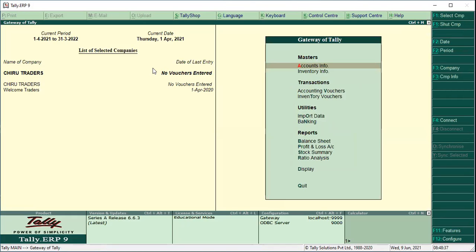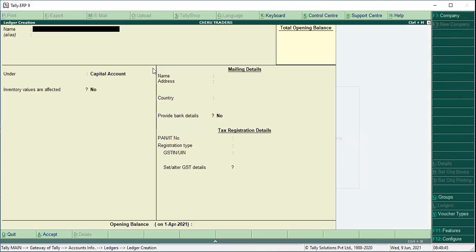Now you have to create ledgers. The shortcut key is A L C. You have to create a single ledger. You cannot create multiple ledgers in GST as you did in computerized accounting, here it is not possible. You have to create the party name. So what is the party name here? Party name, Pawan Traders.